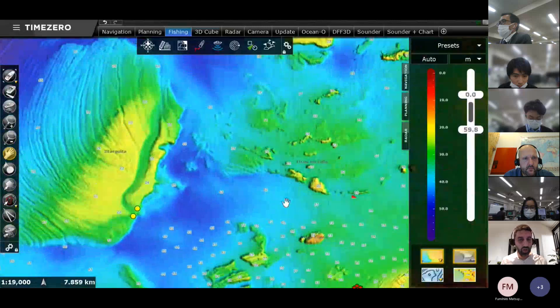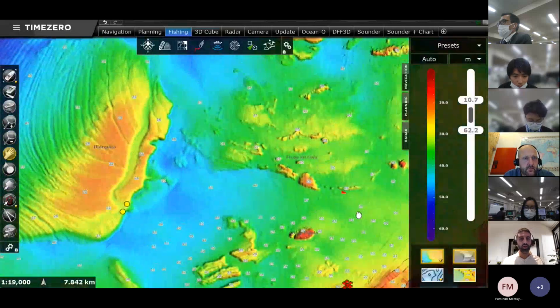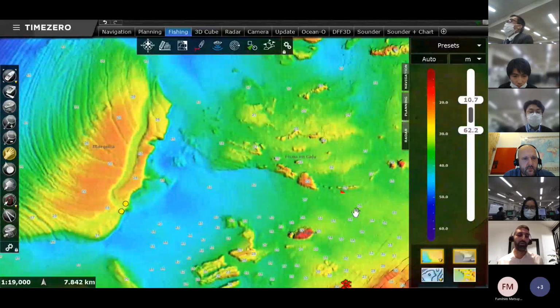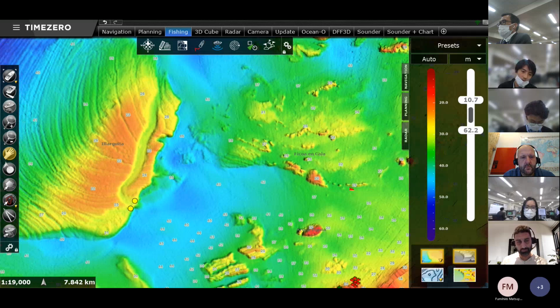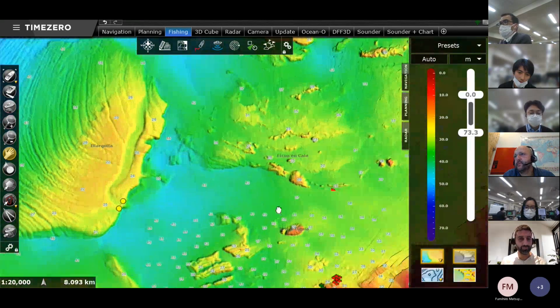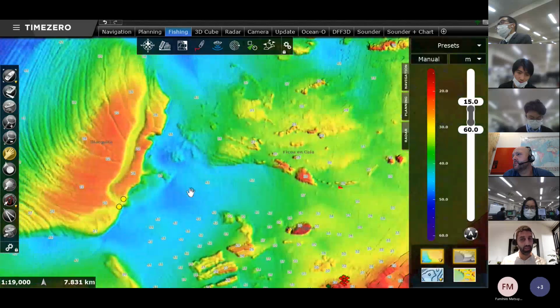Okay, so you have to make sure that when you zoom in and zoom out, you are happy with how the data looks in terms of depth shading. Here the shading colors go from red to blue, and you see I have 20 meter, 30 meter, 40 meter, up to 60 meter shown here. I have another type of scale. This is the automatic, but I also have a manual scale.